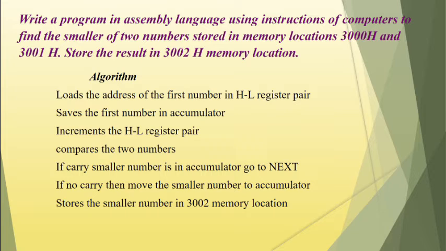If the carry is generated, then the smaller number is in the accumulator and we have to store the smaller number to the memory location. But if no carry is generated, then the smaller number has to be moved to the accumulator, and thereafter we have to store that particular number into the given memory location, that is